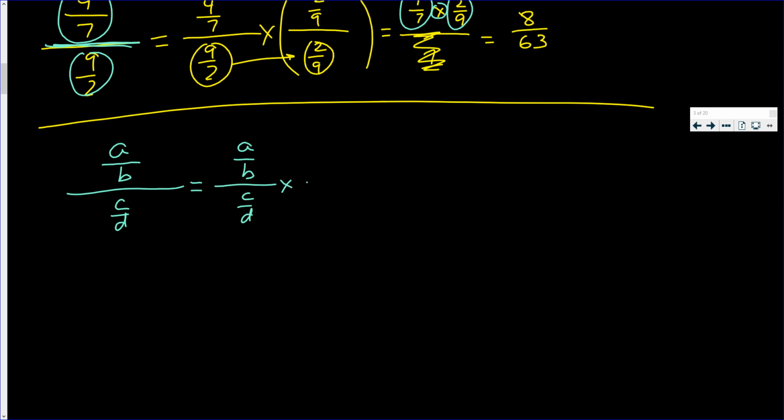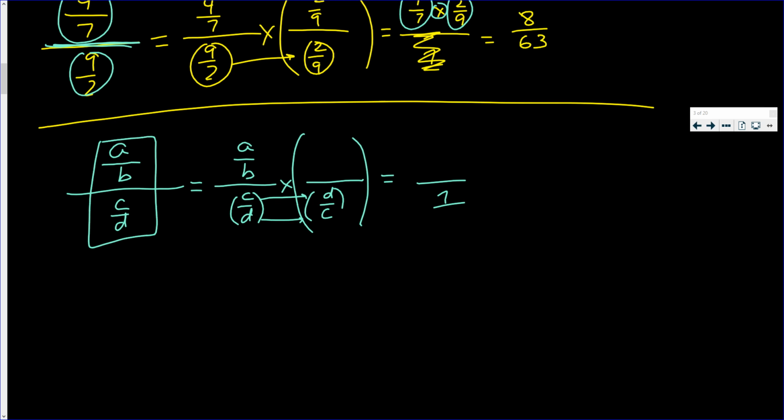Well, the way I want to write 1 is in the bottom, I want D over C. Because, I don't even know what C times D is. But you know what? It's the same as D times C. That bottom is now going to be 1. But for this fraction to be 1, because that number is equal to itself times 1,